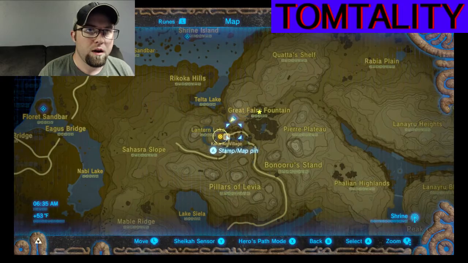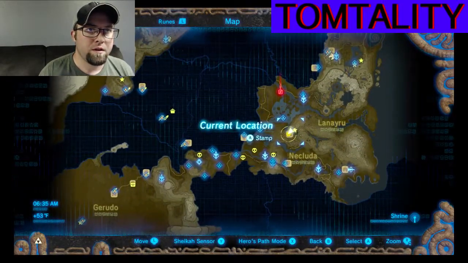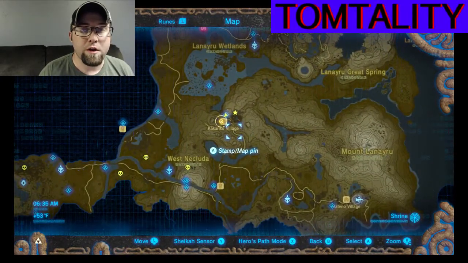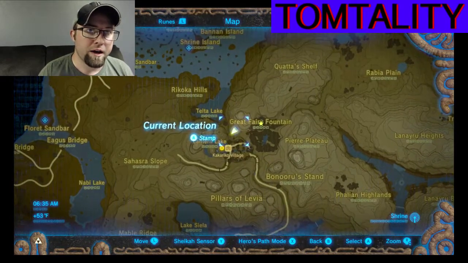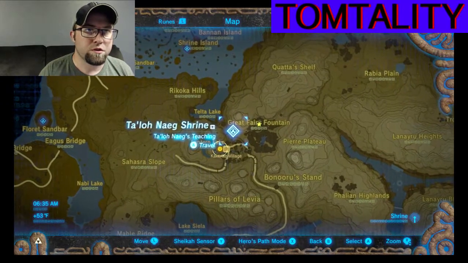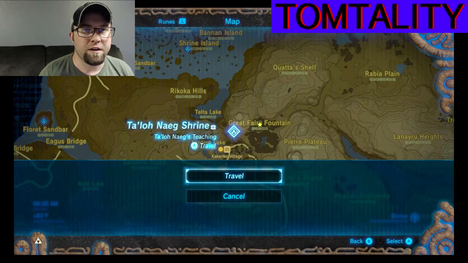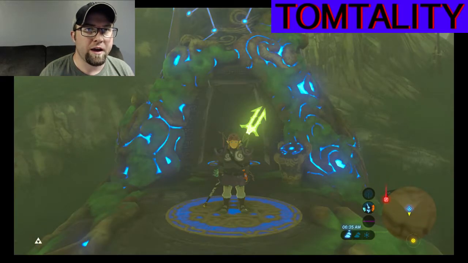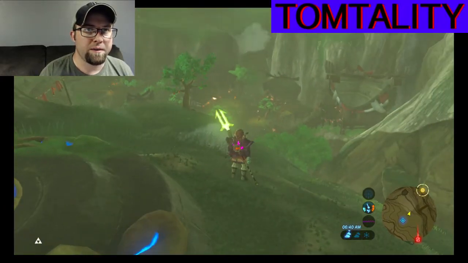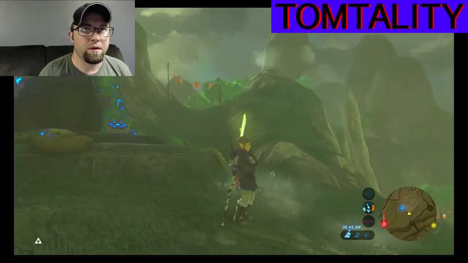So I will zoom out. Whoops. So this is the whole world map. This is where we are currently, in Kakariko Village. There's a shrine in Kakariko. Everyone should know where this one pretty much is. The shrine is the Talo Neg Shrine. It's on the top of the hill, and that's where we're currently at. If you can't figure out where this is, it's up at the top. You'll see it when you come into Kakariko Village, and you want to go up there